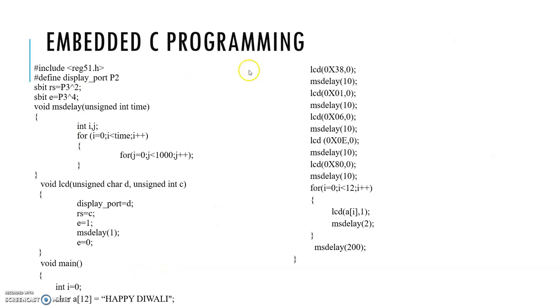This is the embedded C programming for the LCD display. Here include the register header file, and #define the display port as P2. Here the display is connected to port P2, and register select, sbit RS, means the port pin P3.2, and E means enable, that is P3.4. So this is the delay function, the time that we will pass as the argument, it will execute for